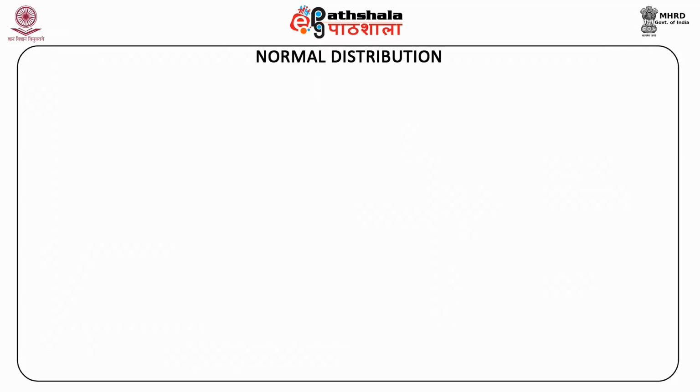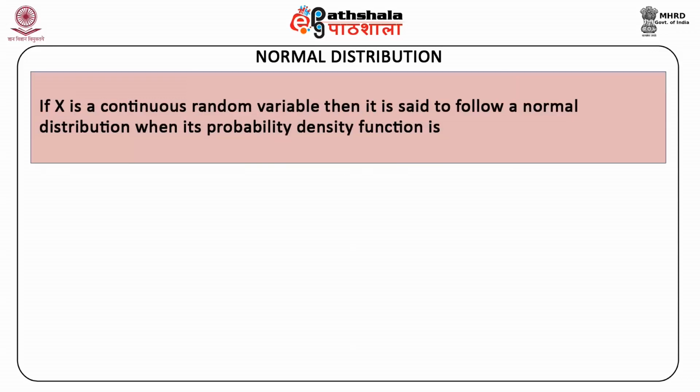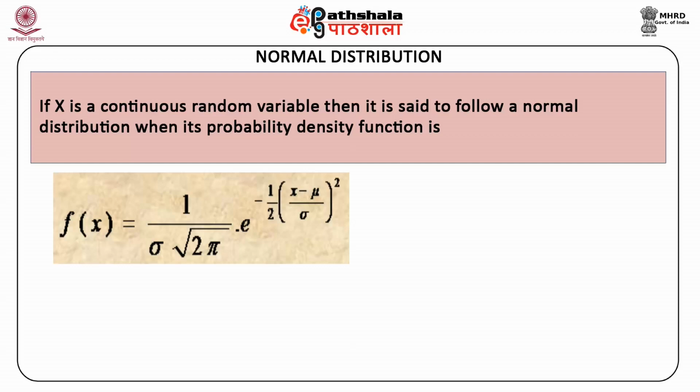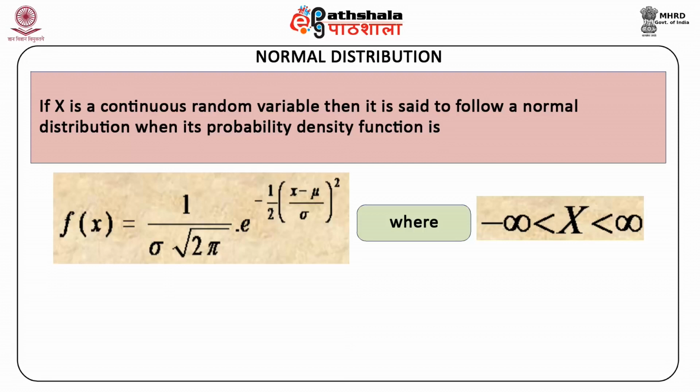Moving on to the normal distribution. If x is a continuous random variable, then it is said to follow a normal distribution when its probability density function is f(x) = 1 upon sigma into square root of 2 pi, multiplied by e to the power minus 1 by 2 into ((x minus mu) upon sigma) whole square, where minus infinity is less than x is less than infinity, where mu is the expected value of the distribution and sigma is the standard deviation of x in the population, and pi is equal to 3.14159 and e is equal to